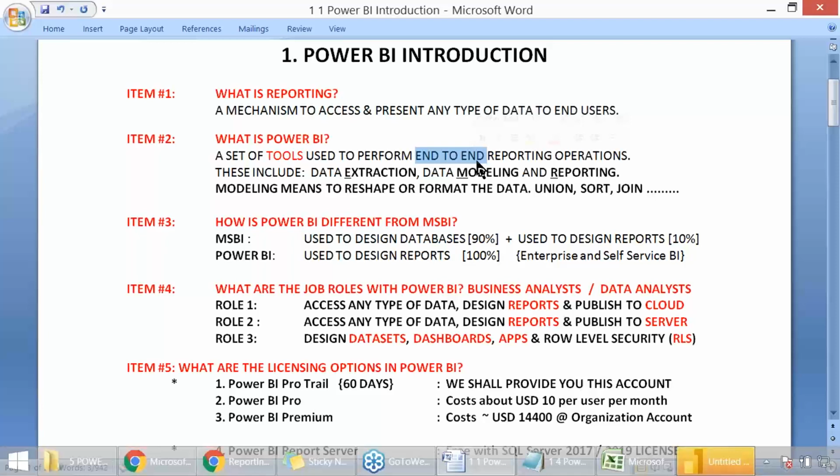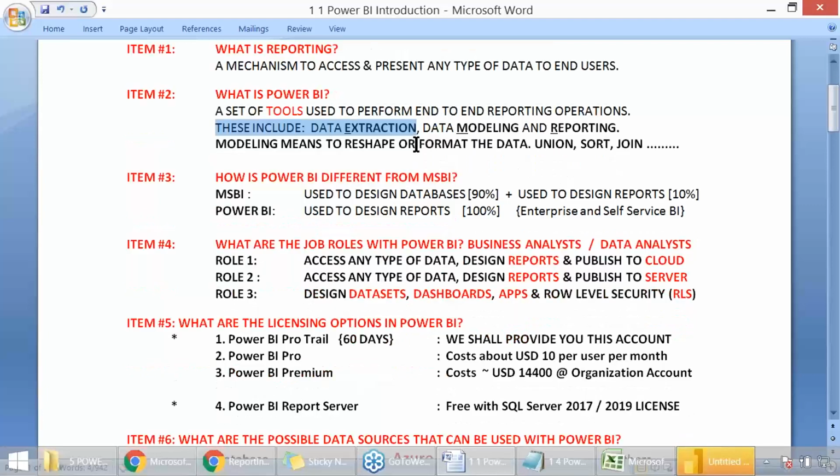Let the end users love your report. Here it is, end-to-end reporting, right from data access to the report shape into customer hands. Now, these Power BI operations include extraction of data, data shaping, data modeling, and reporting.